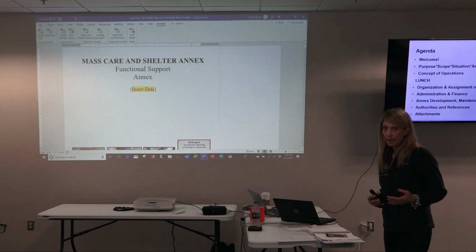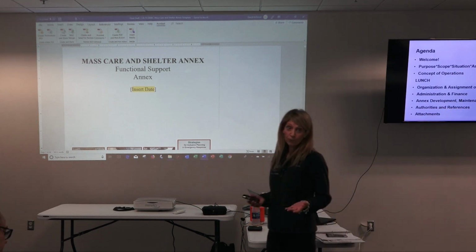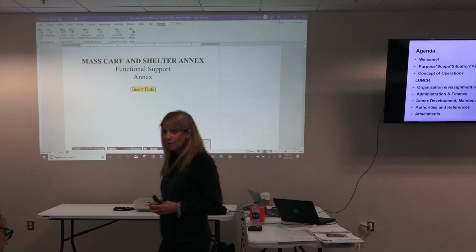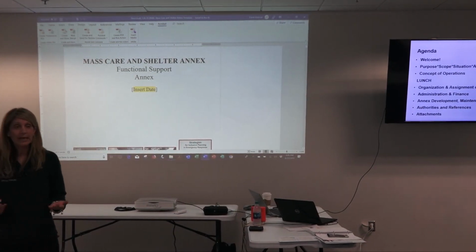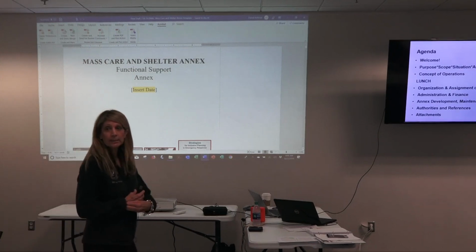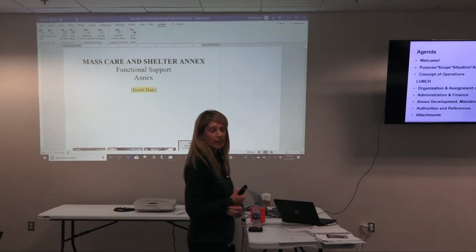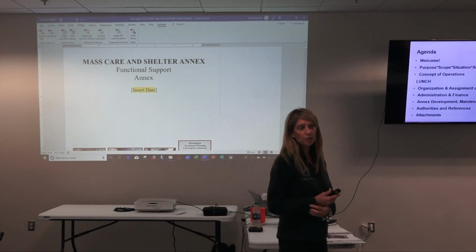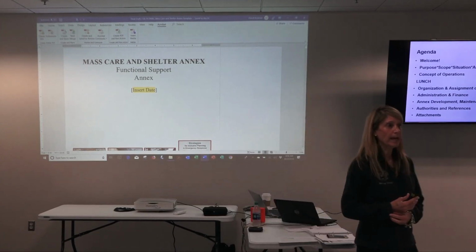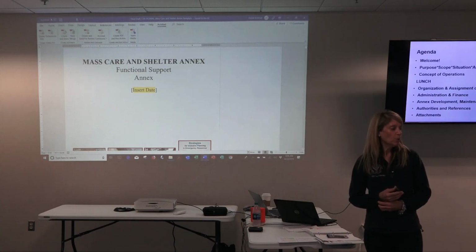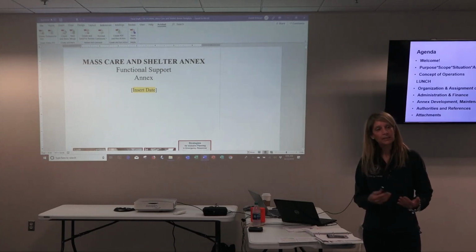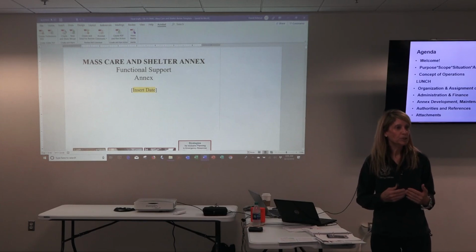The good news about this template is hopefully you saw that a lot of the language has been provided for you. I would say that right now this plan stands about 80 to 85% done. What you'll need to do, and we're going to talk about that in the last part of the agenda today about the post-workshop steps, is take this back and really just close it